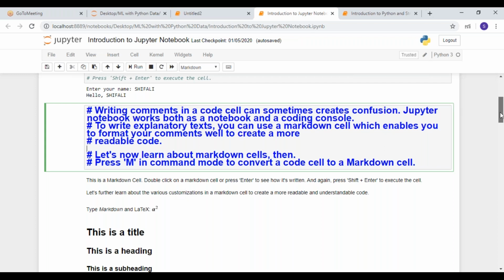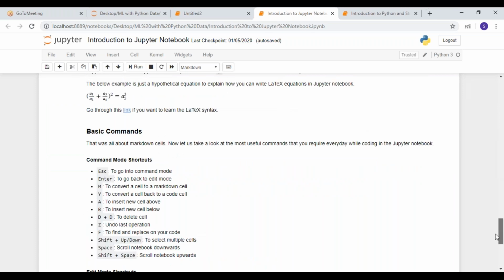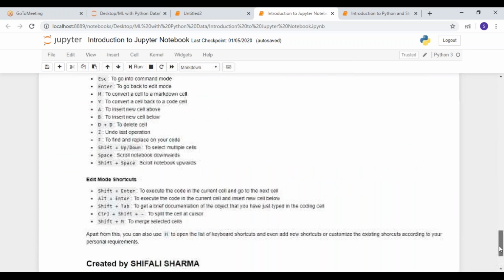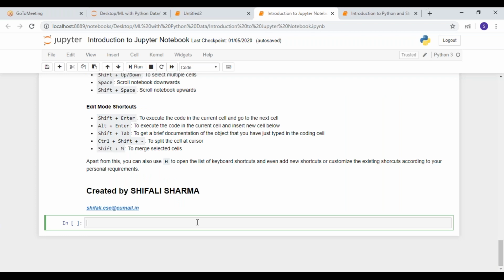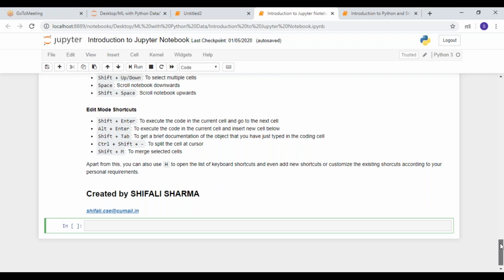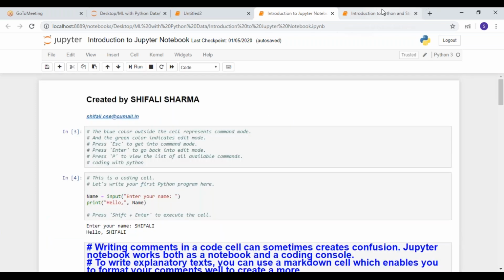It's not much difficult, and you will understand what is happening once you see it. So there is nothing much about it. I have also shared what all commands are there in this Python notebook. If you press Shift plus Enter in the command cell, your code will run. You can just go through it once, and if you are having any problem, we can see to it. So let's start